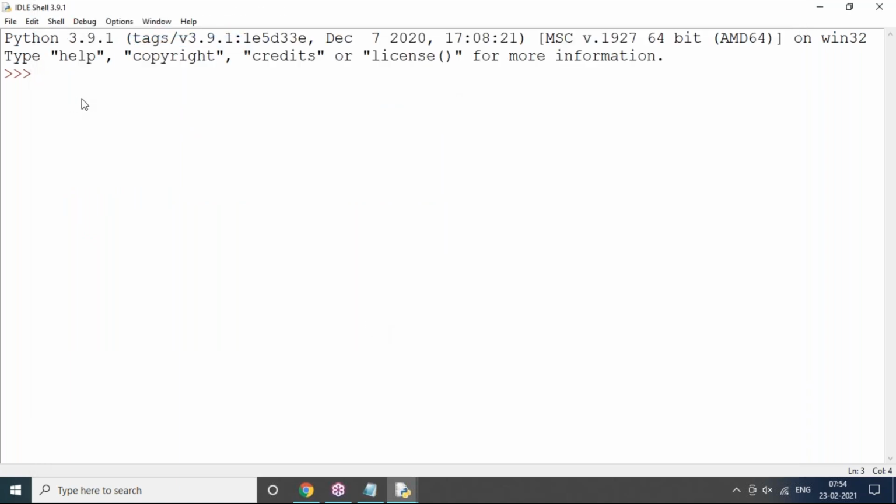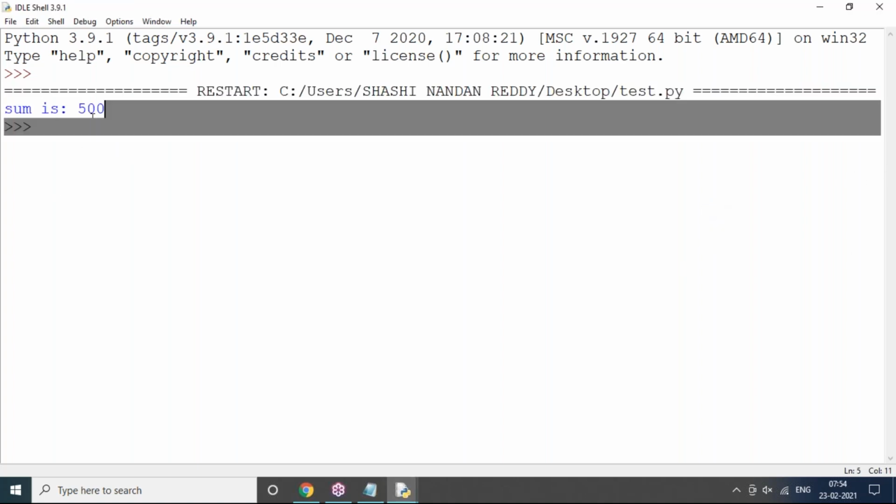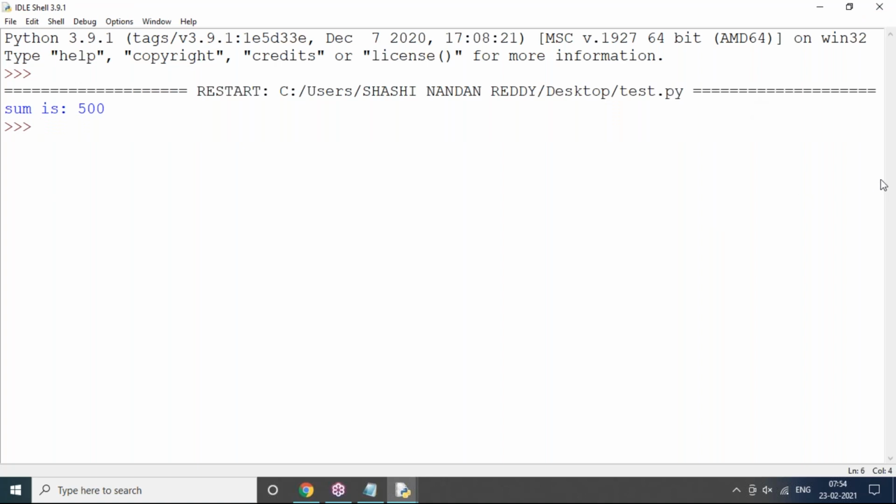After saving, just run this one. Run Module. We got this output clearly in the interactive shell only. Just wait, it will get output here. Yes. Now the question is coming from Mr. Bharat. Now you can see we got the sum is 500. It's clear. Okay. Yes. The question is coming from Mr. Bharat. What is it? Hi sir?